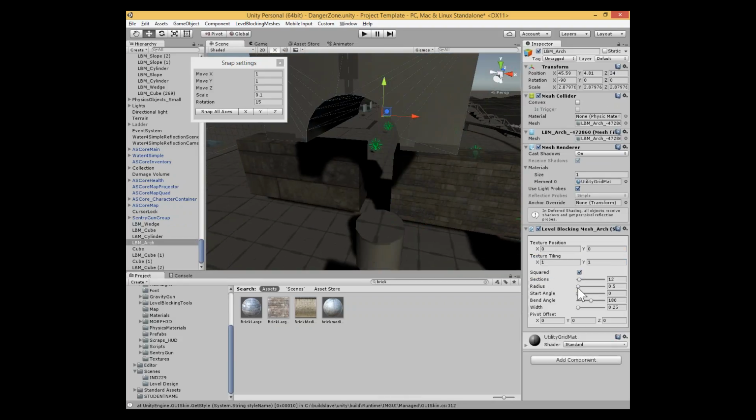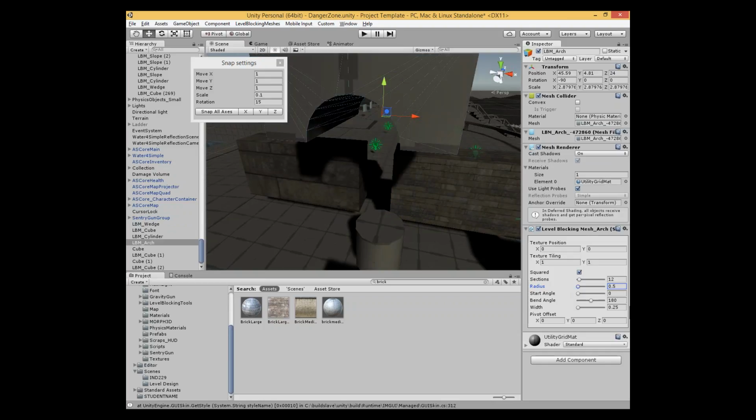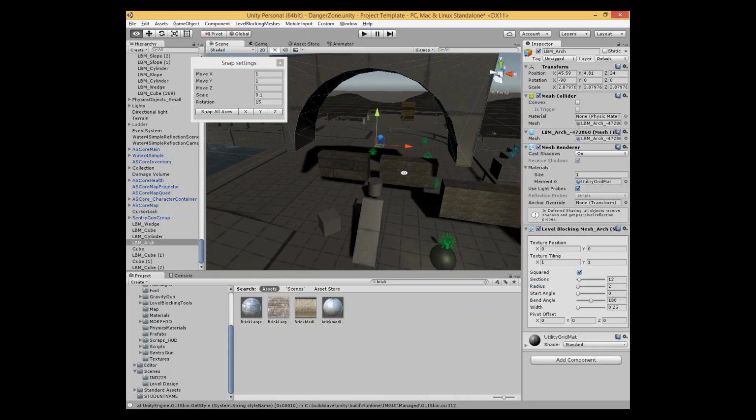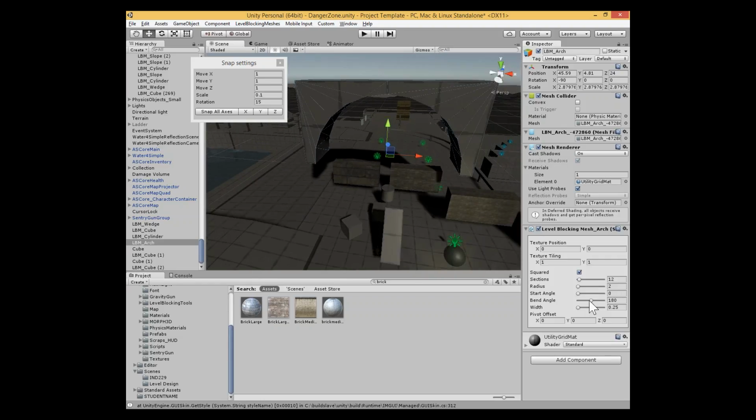So also here you have the control of the radius, and you've got to be careful with this because sliding it becomes really sensitive. So instead of 0.5, let me just try 0.25, maybe 1. There we go. So a lot of this you just have to play with. Your start angle and your bend angle. So being from 0 to 180, it's just half of a circle. And now I can just start to,